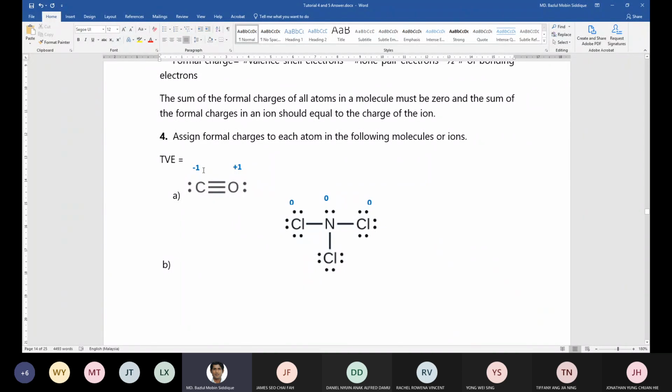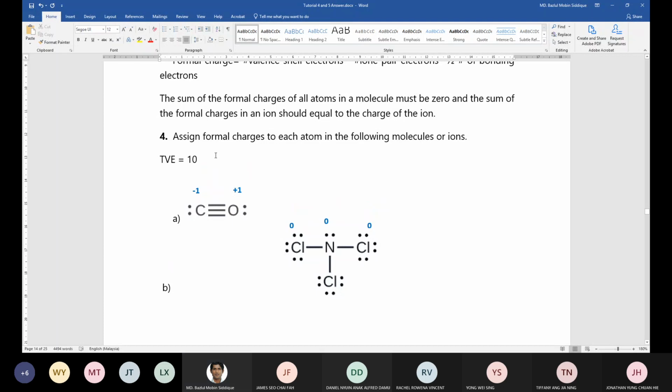So 4 plus 6 is 10 electrons together. So what would be the problem if we just make a carbon-oxygen double bond, and the rest